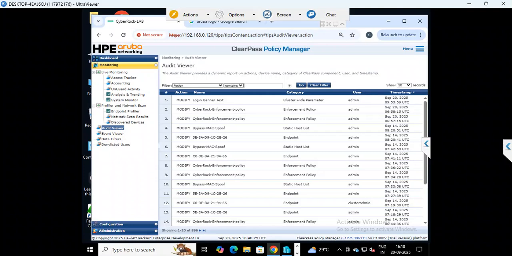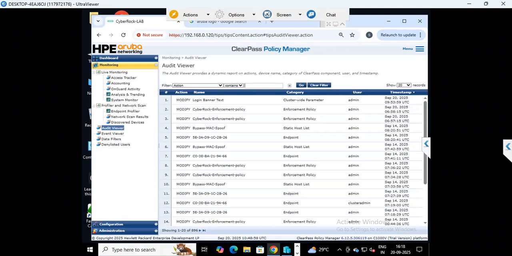If somebody modifies a policy, who changed the policy, and when? All that data comes from auditing. The audit viewer tab should be used. Any modification, change or deletion, that audit viewer should be verified. For tracking any admin changes, any L1 changes, anything changed, you should find it in the audit viewer. And the second tab is the event viewer,